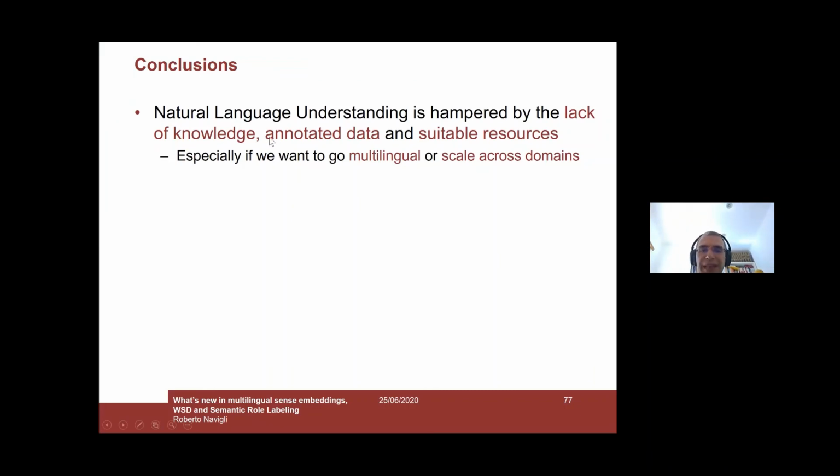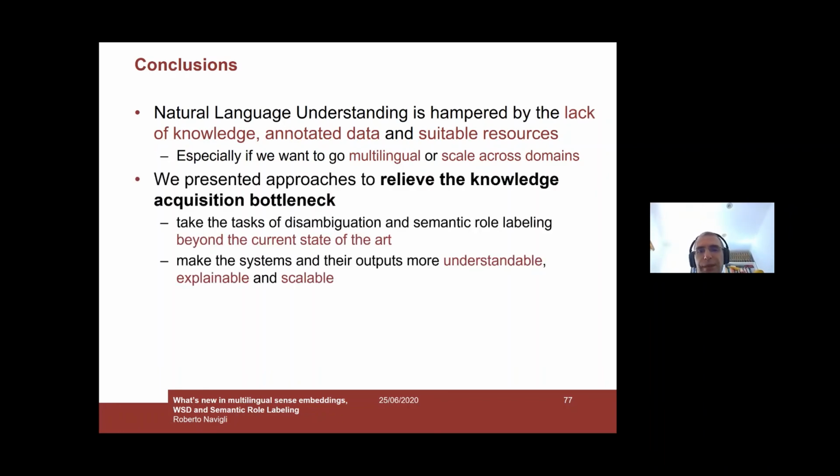We showed that this lack of knowledge and lack of annotated data can be relieved by using multilingual information from knowledge resources. And so we relieve the knowledge acquisition bottleneck by showing that this information can take WSD and semantic role labeling beyond the current state of the art, which is standard supervised approaches. And in my opinion, as important as beating the state of the art is also showing that these systems and their outputs are more understandable, more readable and scalable for humans,